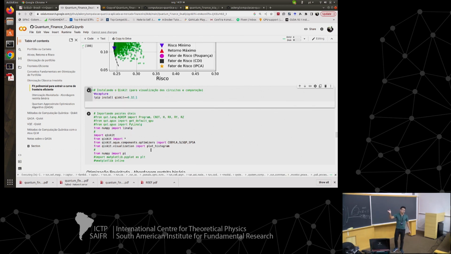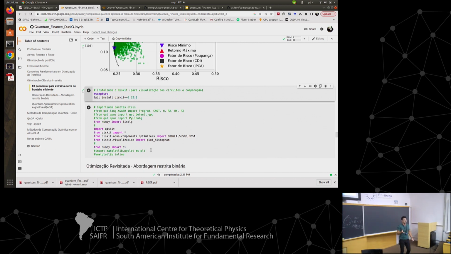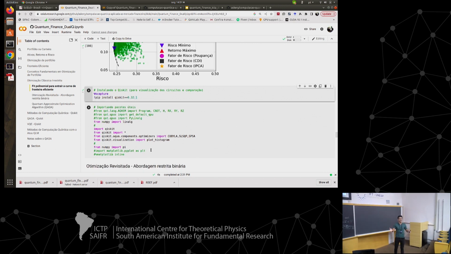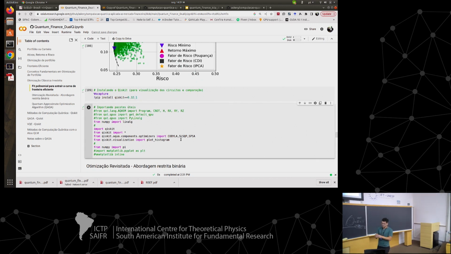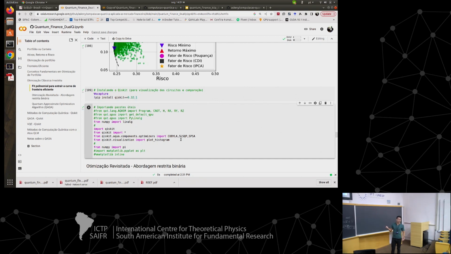My code was not running before I arrived here. I was a bit desperate, and I said, okay, it has to run because I have to show it, so I had to see the documentation, and now at least it runs. And then, as I told you, it uses some optimizers. You can play a bit with them. I will show only this one, COBYLA, but you have least squares, quadratic, stochastic, polynomial. I don't know the acronyms for all of them. You can play with them.